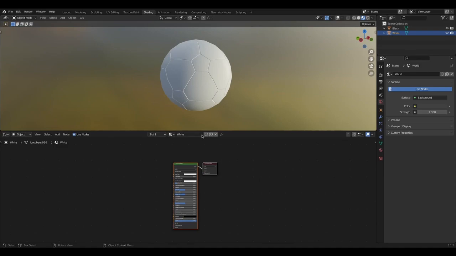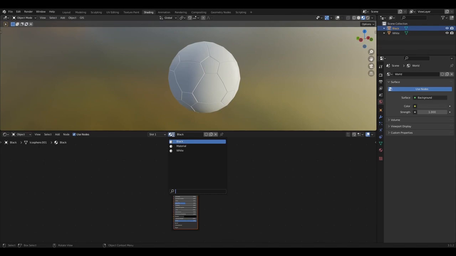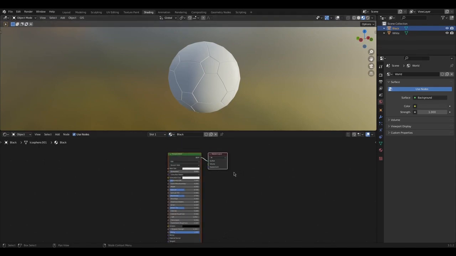Actually, I'm probably going to duplicate the black one and then change the colors so that they're the same material, just different colors, so I don't really need the white one. Okay, so